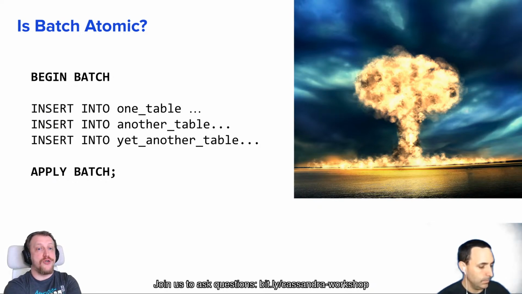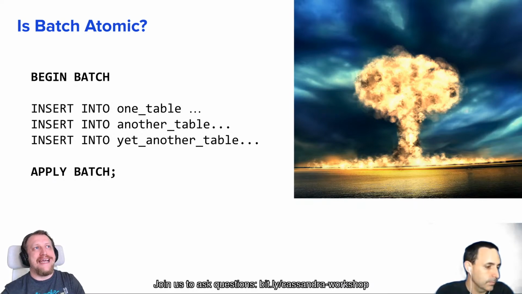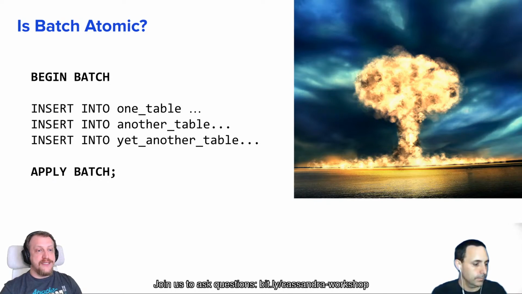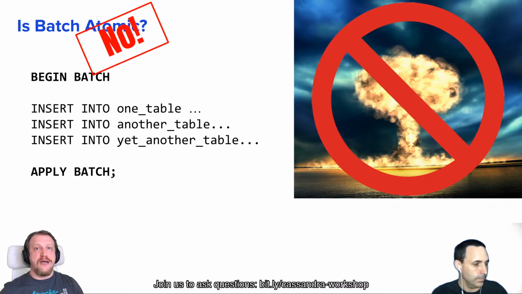is a batch atomic? So can we ensure that all the changes were executed at the very same moment in time? So either no insert was executed, or all inserts were executed already. The answer is, a batch is not atomic. So in theory, you may run into the situation where the first two inserts were executed already and the third one was not executed yet. That's a rare case, but technically it's possible.